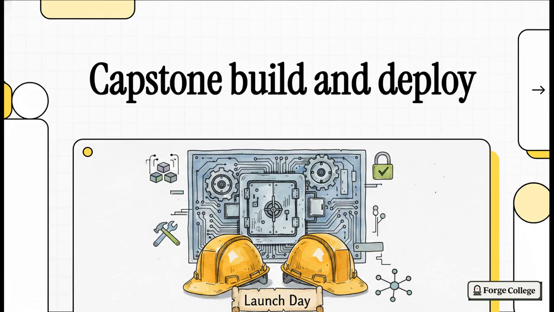So let's just dive right into this because today is a massive day. It's officially launch day for our master engineered smart contract vault. This is the capstone for our comprehensive access control system module. We've spent time designing, coding, and testing, and now we're looking at the final, ultimate blueprint. We're going to take absolutely everything we've learned about access control and actually build, deploy, and validate a rock-solid, production-ready